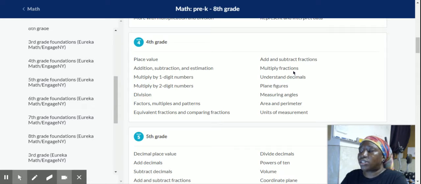So that means that algebra, all of this says algebra, understanding decimals. That's money. Everybody likes when it gets to the money part. I even like the money part. Okay? It says plane figures. It says measuring angles. That's geometry. Area and perimeters. Now, listen to this. If you know this real good, you're in the 4th grade, you can build bird houses. You can build tool chests. You can literally, if you know measurements and angles by the time you're in the 4th grade.